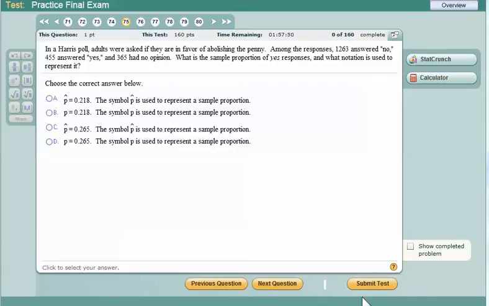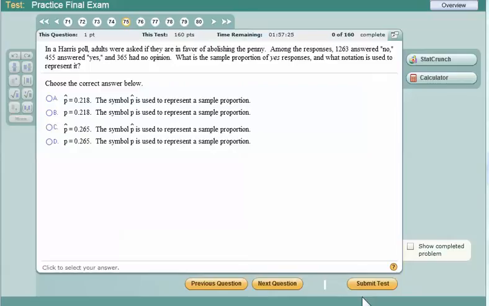So in a Harris poll, adults were asked if they are in favor of abolishing the penny. I don't know if you've heard about that whole argument that it costs more to make the pennies than they're worth, and so we're kind of losing money on the deal. Anyway, we're not going to start the argument here, but look it up. It's kind of interesting. Among the responses,